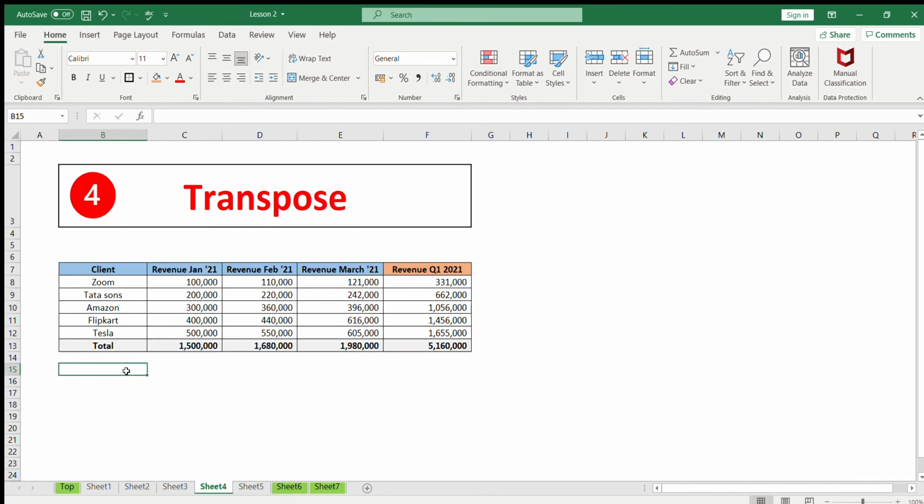Now the fourth one, very useful, which is transpose. So let's say you have data in such a manner, by clients here and by months here, but there would be a situation where you would want figures by months on the left side and clients on the columns. So let's say if you want to visualize this differently, you select this table, copy it, and click on